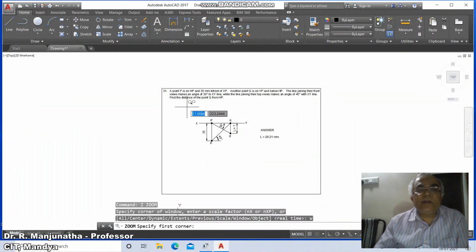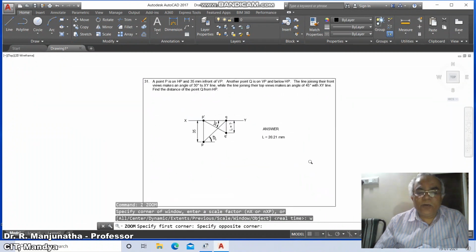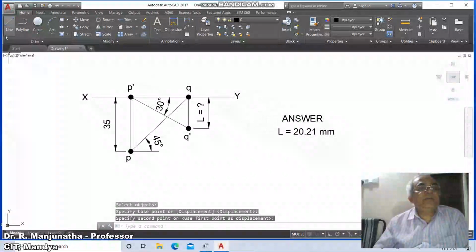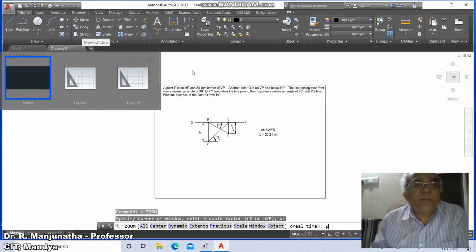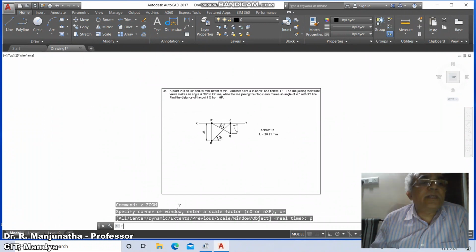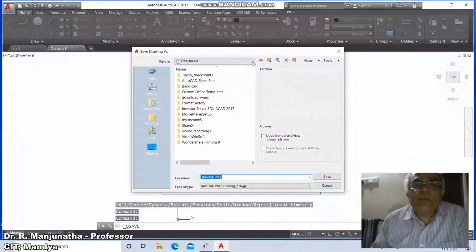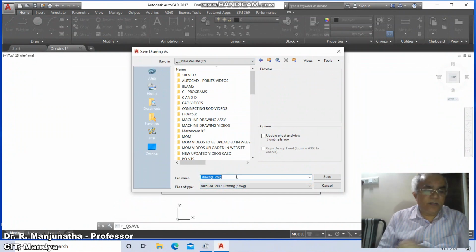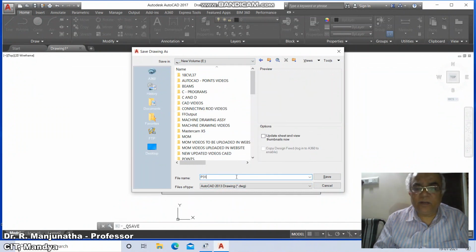Then go to zoom window. This is how you get the answer for this. And finally, save this drawing. Zoom previous, go to save, go to the appropriate drive, name it P31 and save it.